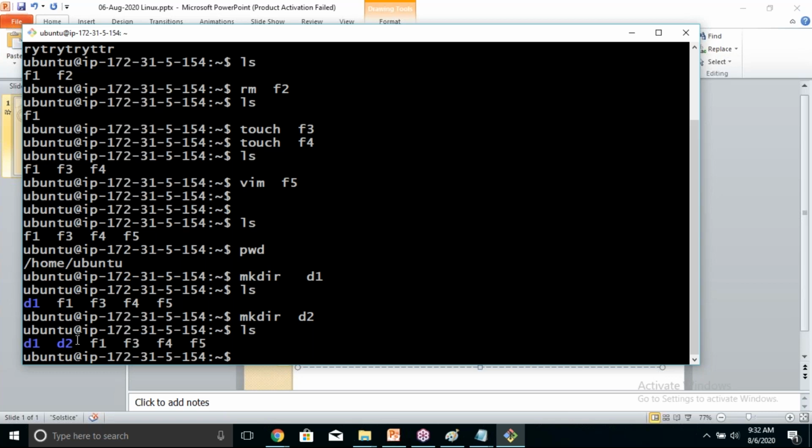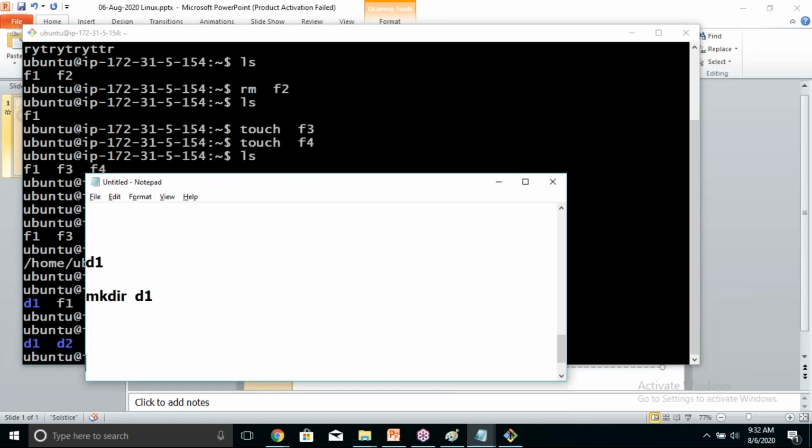Okay. Now, how to remove a directory? If mkdir stands for make directory, which helps in creating the directory, rmdir is a command which helps you to remove the directory. I want to remove the directory D2.